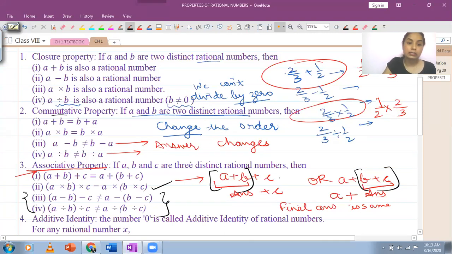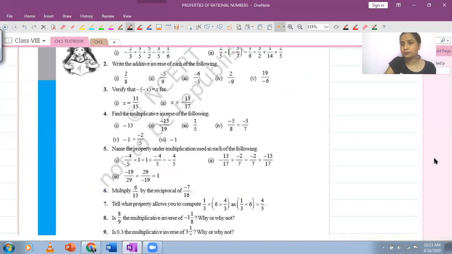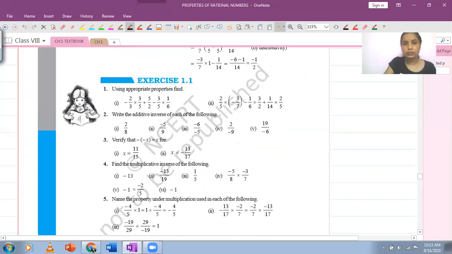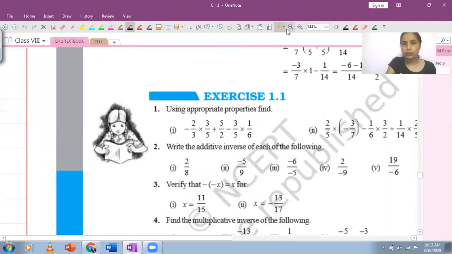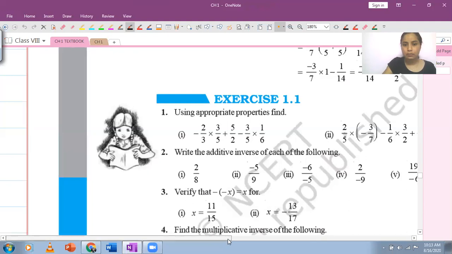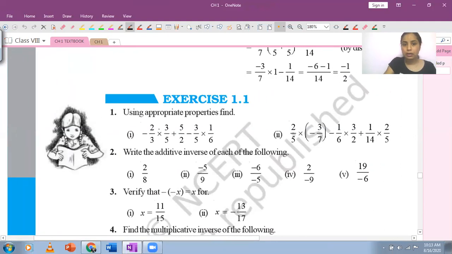If you will look at exercise 1.1, you will know very first question. वहाँ पे आपको fractions दी हैं बीच में, plus, minus, multiply, divide. I'll just show you. Yeah, this is the question here. So as you can see over here, first question आपका जो है यहाँ पे multiple चीजें हो रही हैं बीच में. यहाँ पे multiplication है, plus भी है, minus भी है. So there are multiple things happening at the same time, and to find out the answer for such kind of expressions, हम commutative और associative properties use करेंगे.